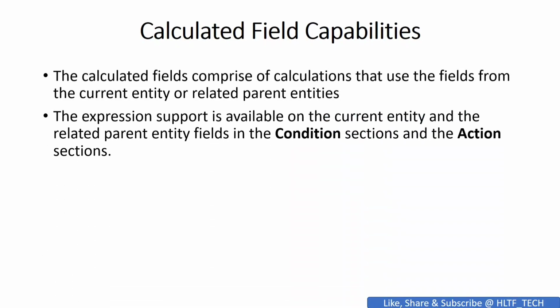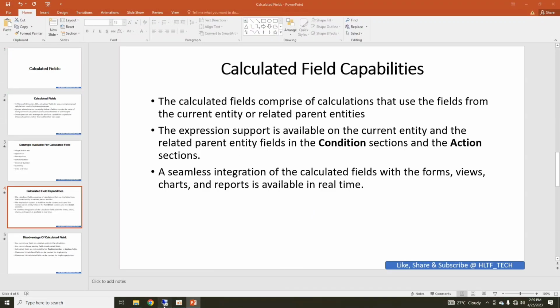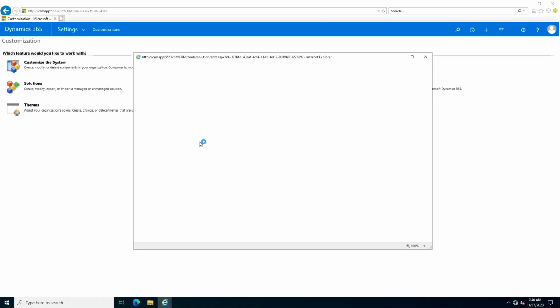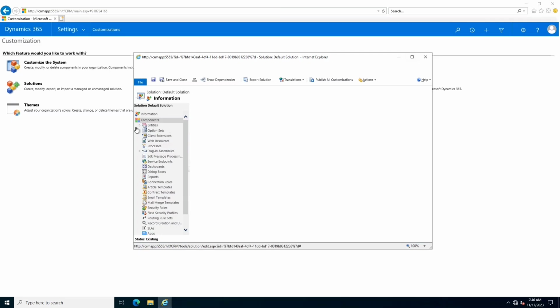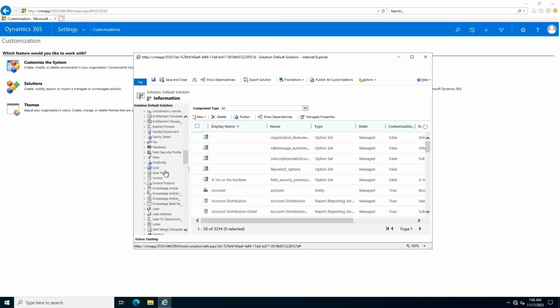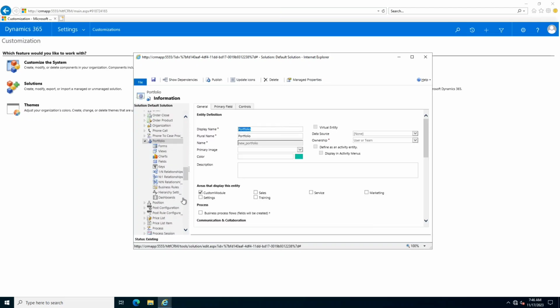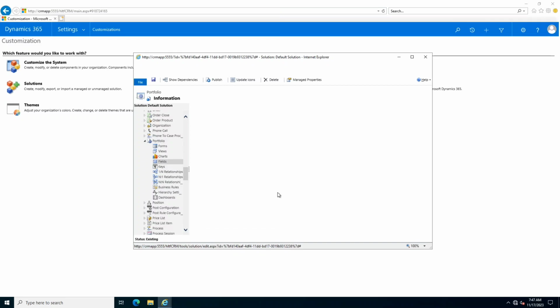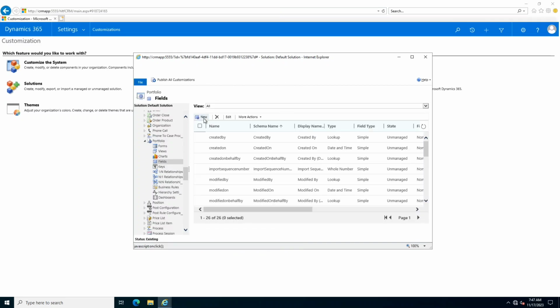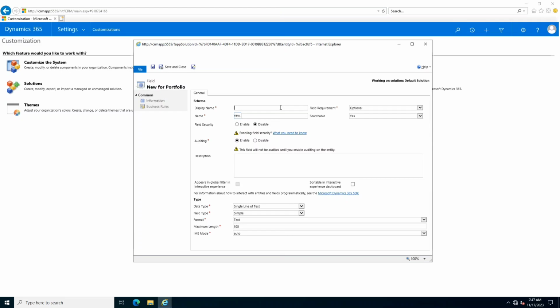The expression support is available on the current entity and the related parent fields in the condition sections and the action sections. So let me show you here quickly. If I go here, customize the system, and in customizing the system I go into any entity, and in that particular entity I go into fields. Here I can add a new field. I name it any test field,